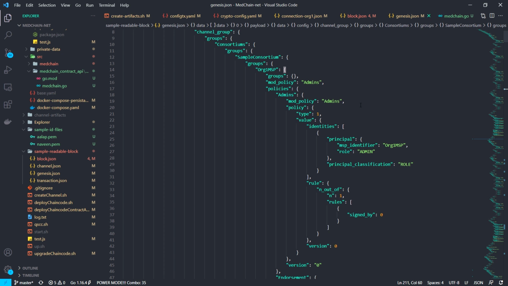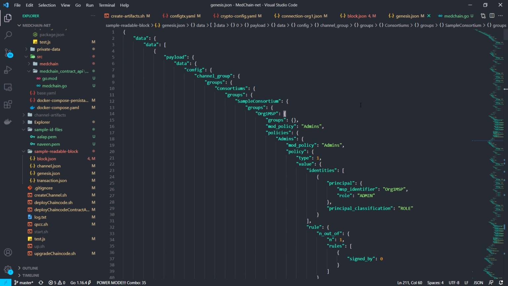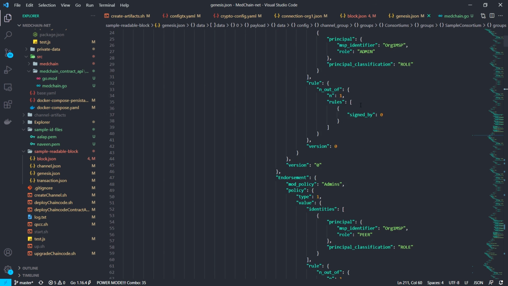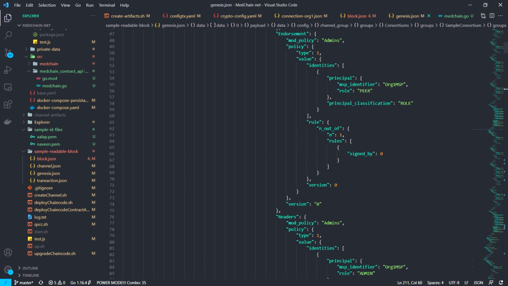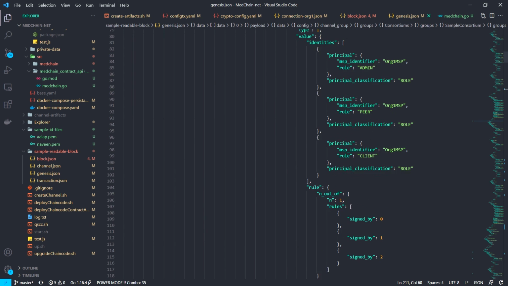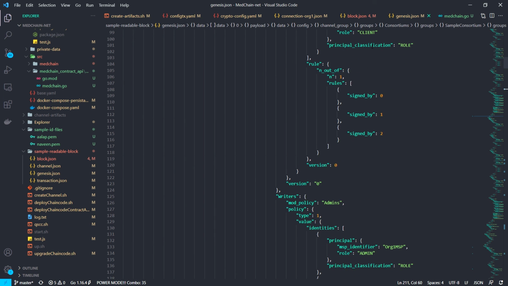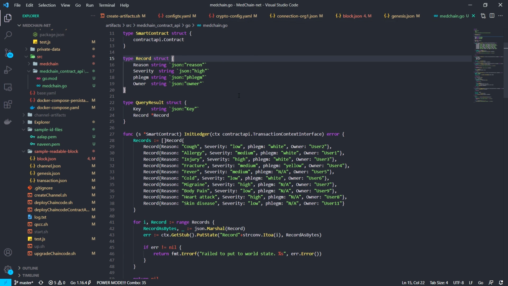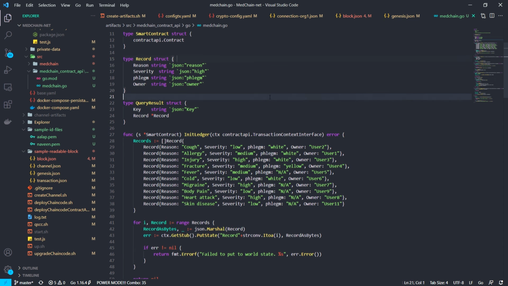This is the general structure of our genesis blocks, and as you can see, all the peers, organizations, membership service providers, and their relationships and the hierarchy are seen here. Next, moving on to our MEDCHAIN smart contract.